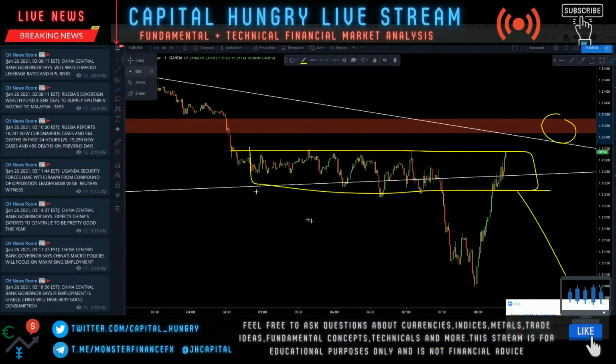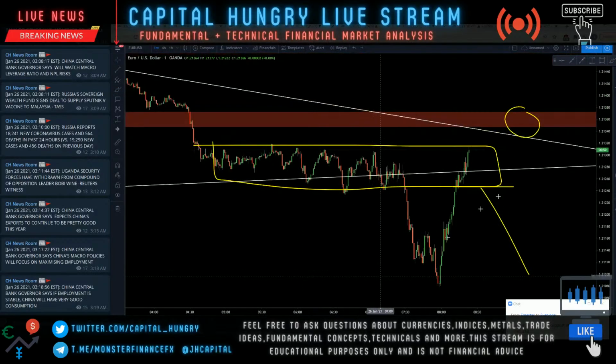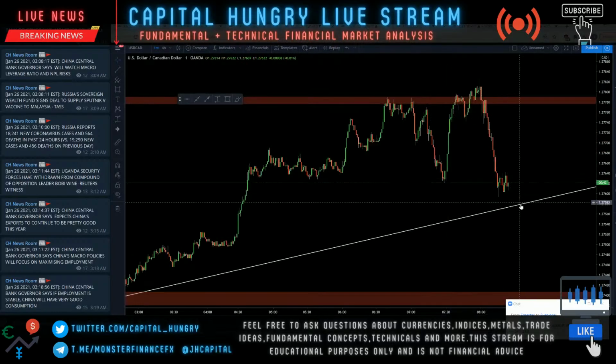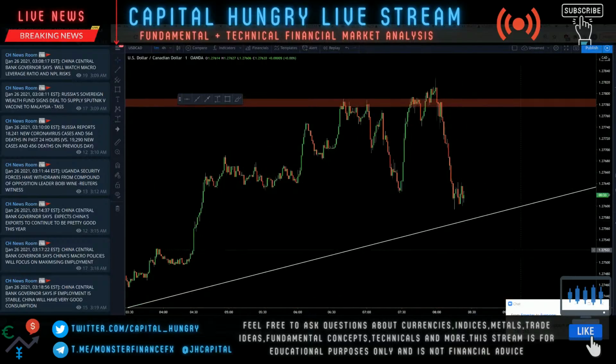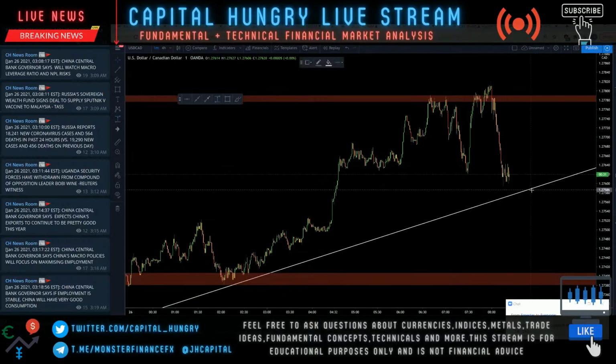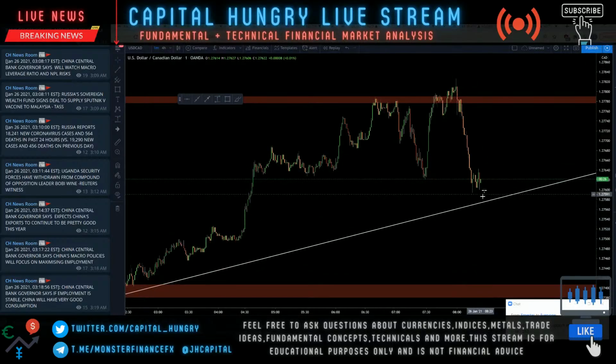Keep an eye on the dollar. If the dollar fades out that strength, then we're adapting to those buys on EU above 1.2136 here, where the circle is. And UCAD, keep an eye at around 1.27558 area here, because if we break below here and the US dollar actually weakens, you can potentially adapt to a sell scalp 20 pips down. But otherwise, if we stay above, we're still holding that bullish market structure.